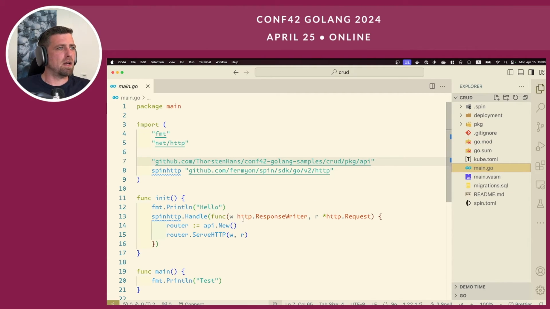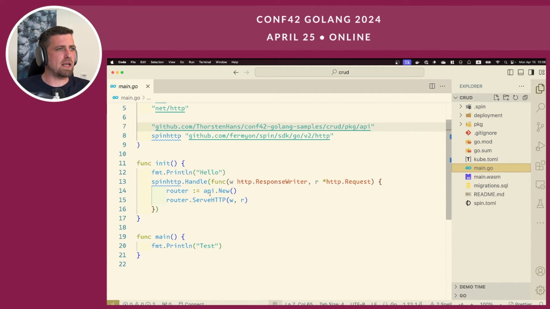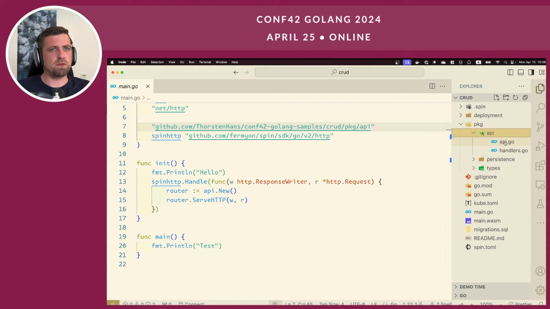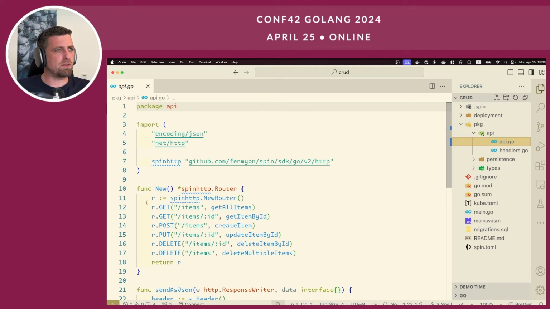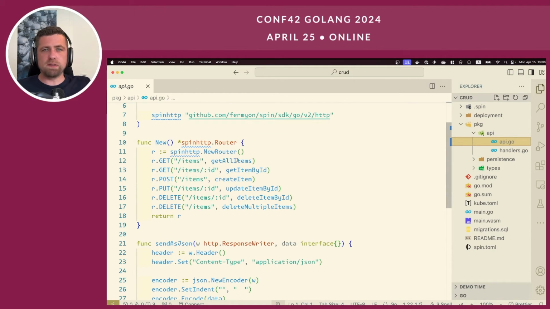So the main.go file just takes the API package that I created over here. There you can see that we use the Spin HTTP router to create all the routes that we need to build a full-fledged CRUD API, with all the handlers taking care about HTTP requests and